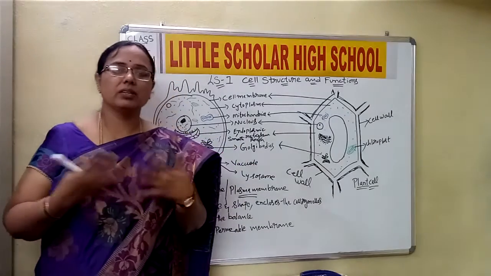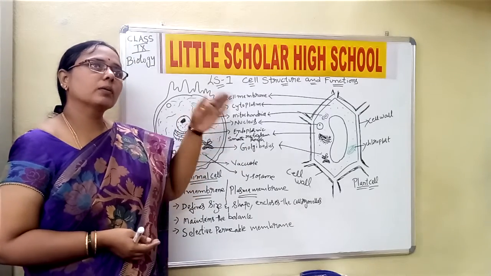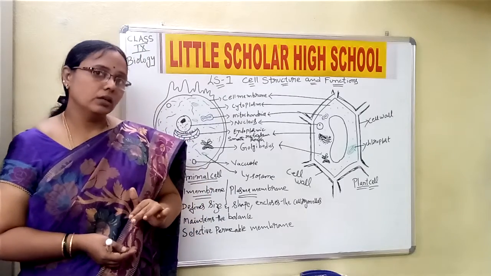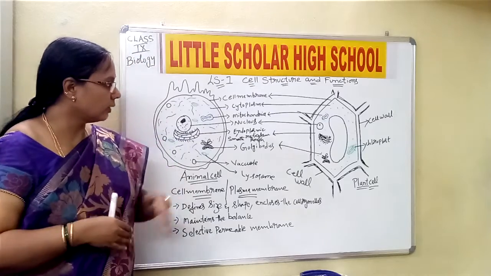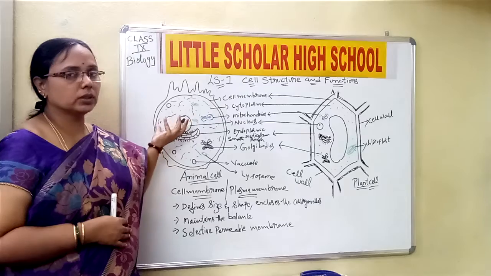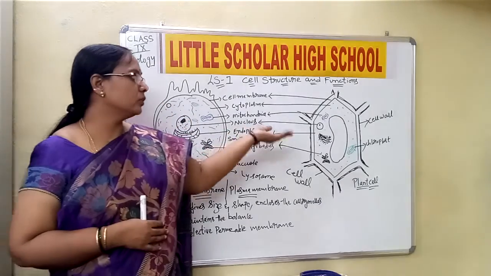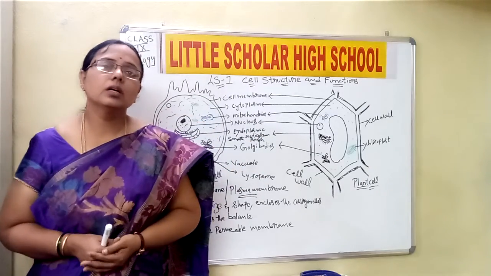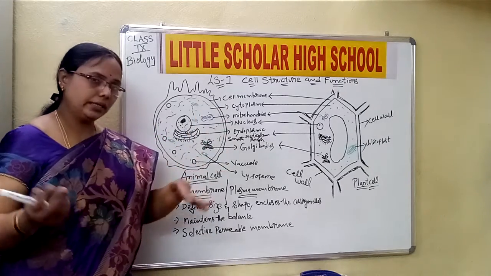Whenever you talk about the difference between plant cell and animal cell, you can say that the plant cell has the cell wall, which is an extra covering. Okay, which is one of the extra layers covering the cell membrane. Vacuole is in the center in plant cell, vacuole is towards the side in animal cell. Vacuole is very small in animal cell, and vacuole is very large in plant cell. And you can say that chloroplasts are present in the plant cell. We'll come to know much more things about all this in detail, step by step.